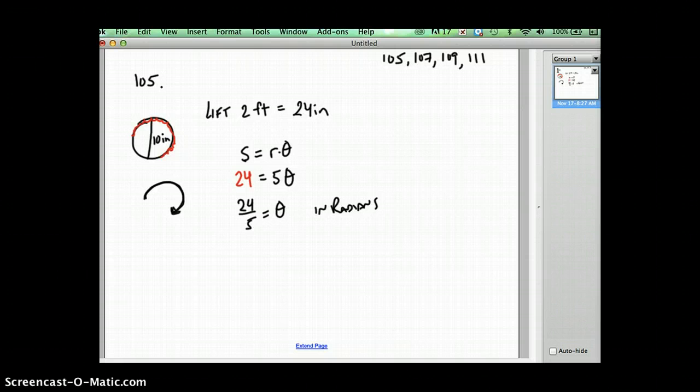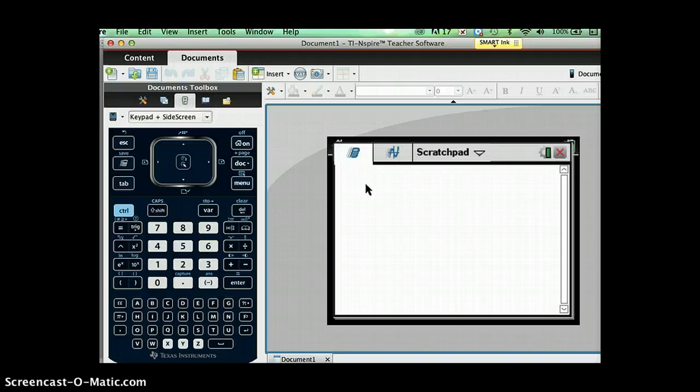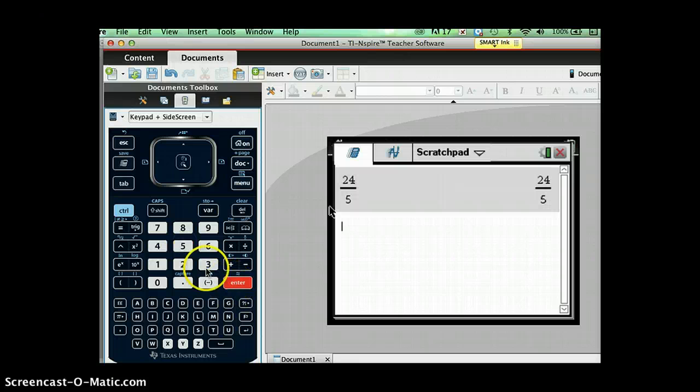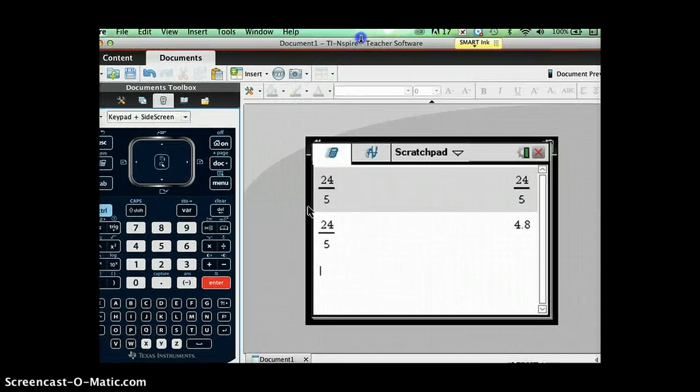Okay, so let's go back to the calculator. If we do 24 divided by 5, I want the decimal. Okay, 4.8, so it's 4.8 radians. If I want to convert that into degrees, remember how we multiply by 180 divided by pi? So if I multiply by 180 divided by pi,